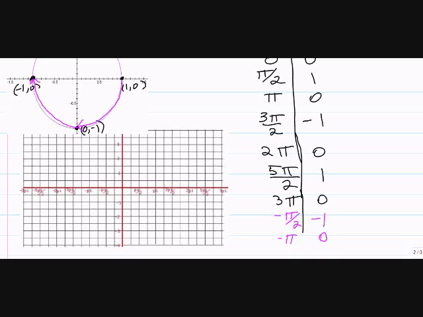All right, so let me plot these points. Let's see, my tick marks on my graph. Here's pi over 2, here's pi. Here's 3